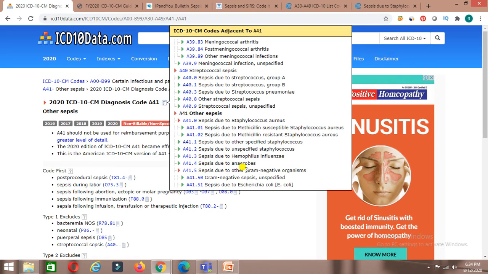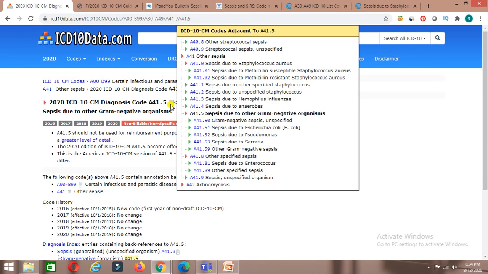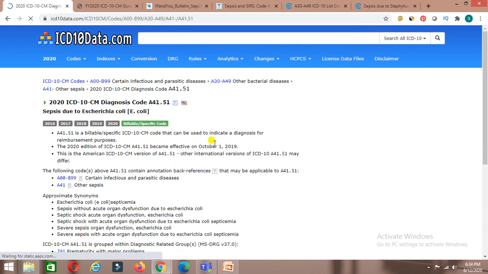E. coli is a gram-negative organism. If we go to this classification, you can see very clearly these are the gram-negative organisms. Here you can see sepsis due to E. coli, and the code is A41.51.